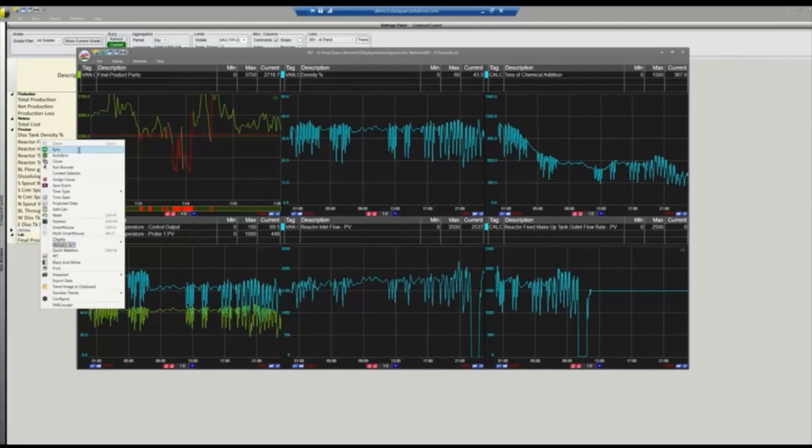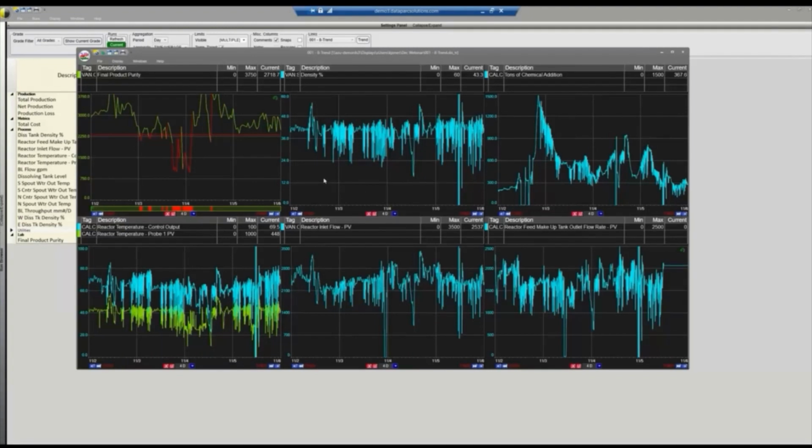So we'll synchronize to look at our other trends to see if any of the other tags have any large jumps or dips that might indicate things. And to give us an even better option, we'll go ahead and turn on our smart mouse and drop some smart mouse pins. So these just give us a visual indicator of the exact value at the time, and then they'll hold still so that we can look and compare them. So we'll drop a pin on each of these.